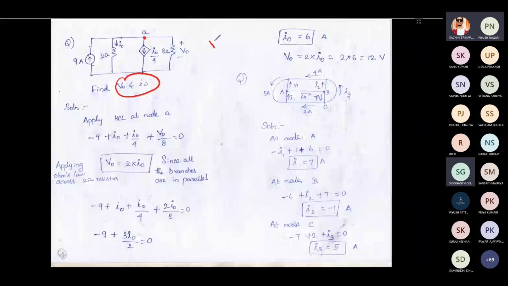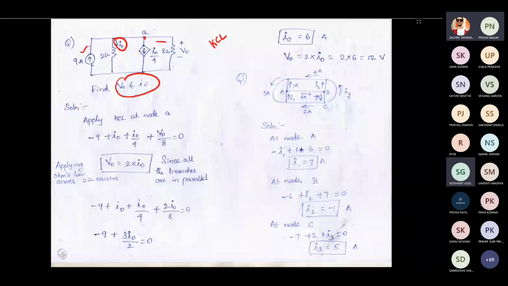Okay, so already one current is given here, I naught. Here another current source is given in this fashion. Then again you can consider one more current that is going out of the node. Since the current direction is not given, you can assume it like this. Now we have to write the KCL equation at this node.